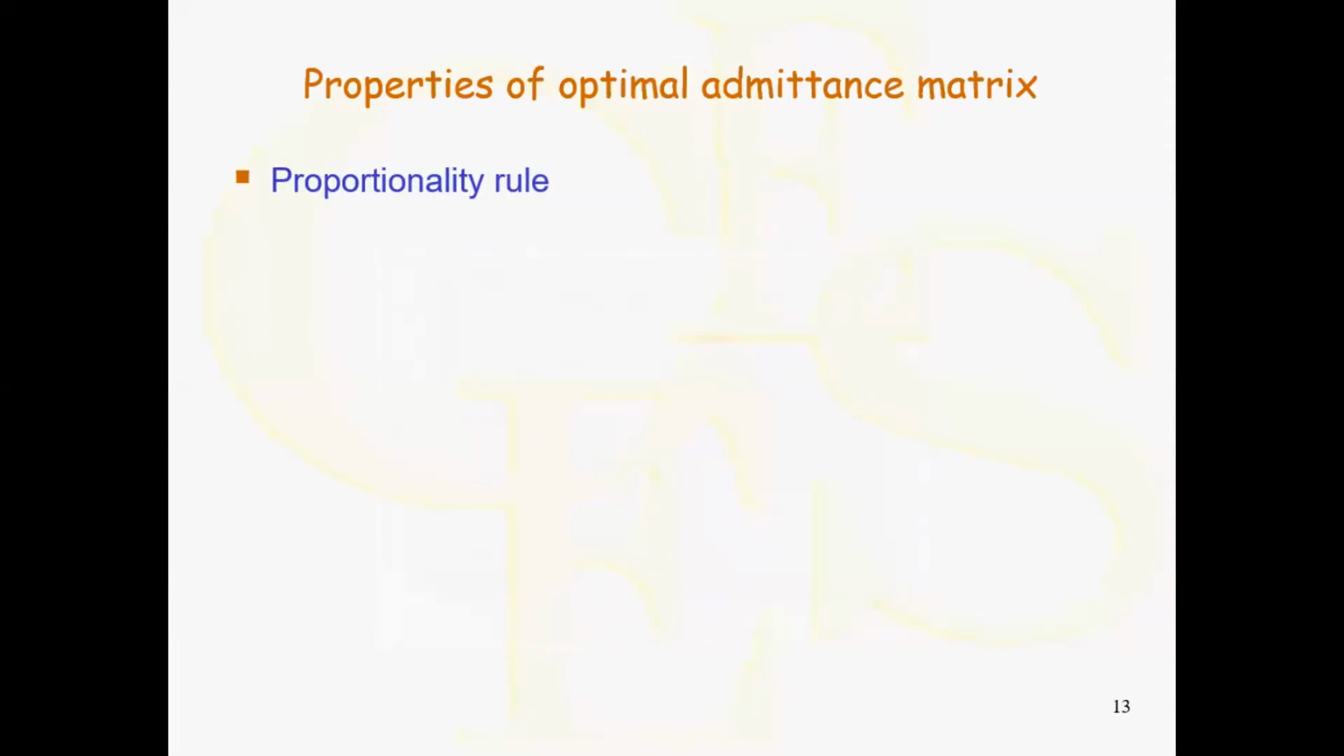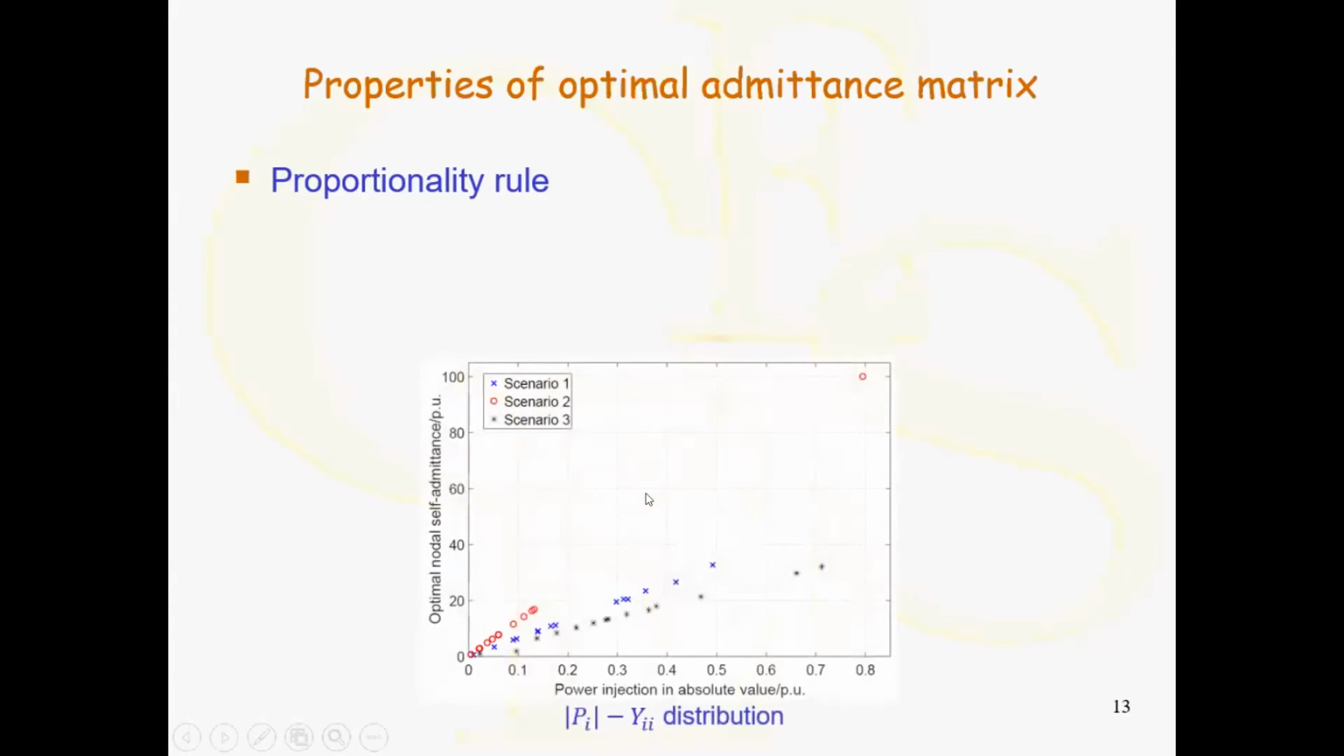And the second finding, which I think is the core finding of this paper, is called the proportionality rule. Let Y_ii denote the optimal self-admittance of bus i, and we plot the points showing the relationship between Y_ii and the absolute value of P_i in this figure, where we can observe that in each of the three presented scenarios, the optimal self-admittances are nearly directly proportional to the corresponding power injection in its absolute value. It means that